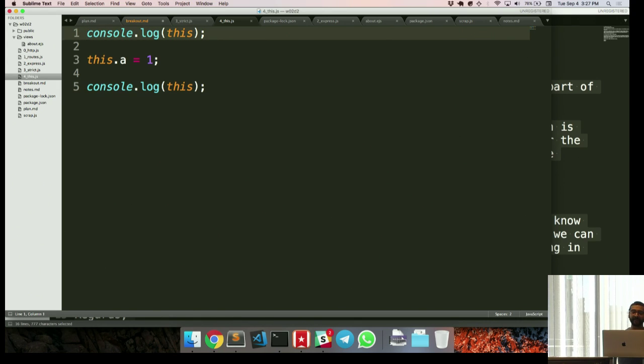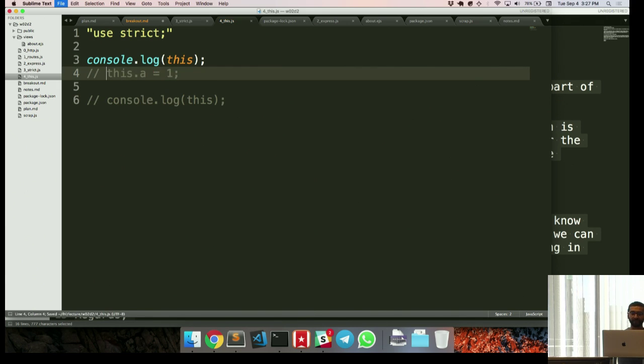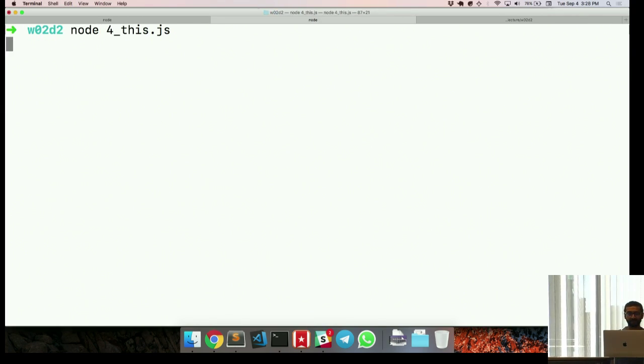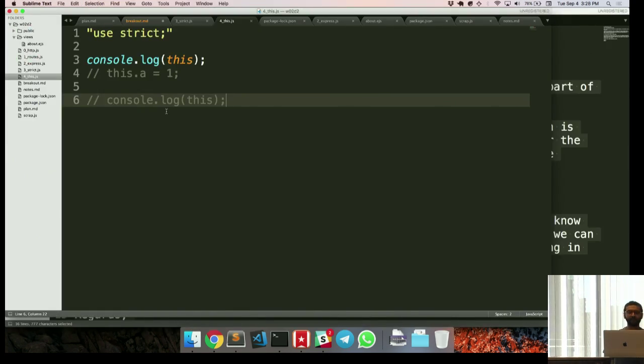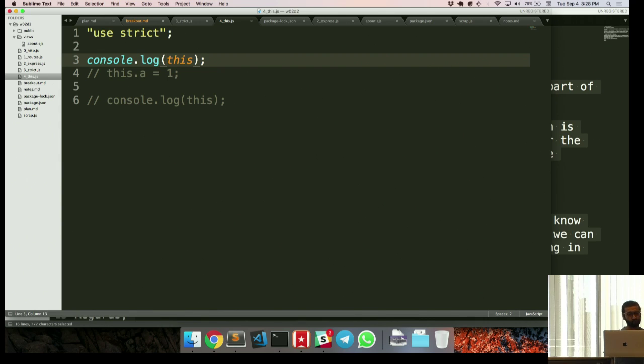This confusion with this is not a concern, I believe, when you use strict. What it basically says is when you refer to this in a scope where it's not a method in an object, I'll say for now, it'll just be not what I expect. Oops, sorry, I put a semicolon in there. Still not what I expect. Maybe it's actually when you're in a function, my bad. So let's try this example instead.